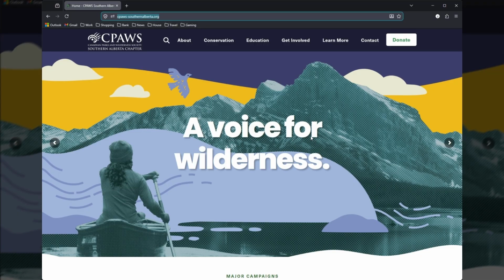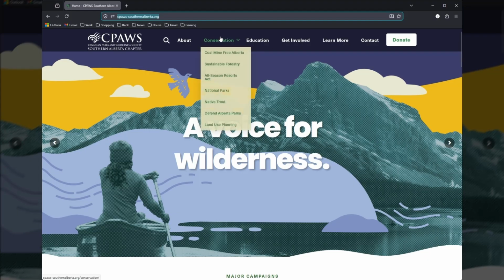So the purpose of this logging plan viewer is to help you view past, present, and future logging plans in southern Alberta. And the viewer provides information about those plans in the context of other landscape values, things like conservation features or recreation trails. So to access the viewer, you can go to our website at